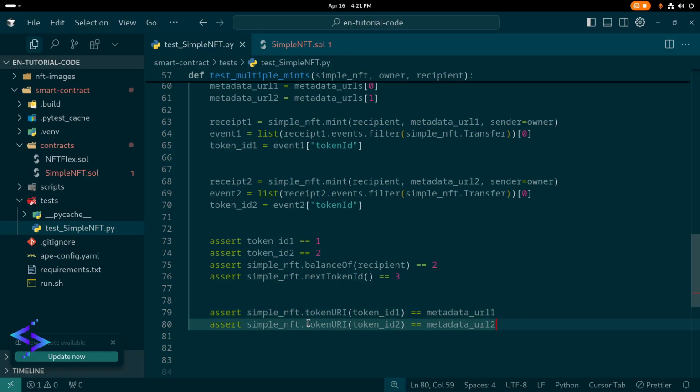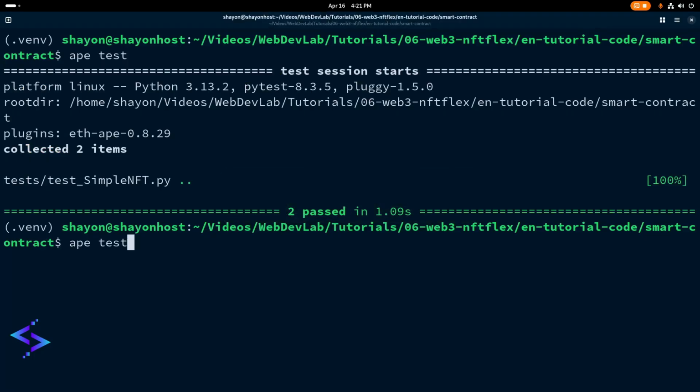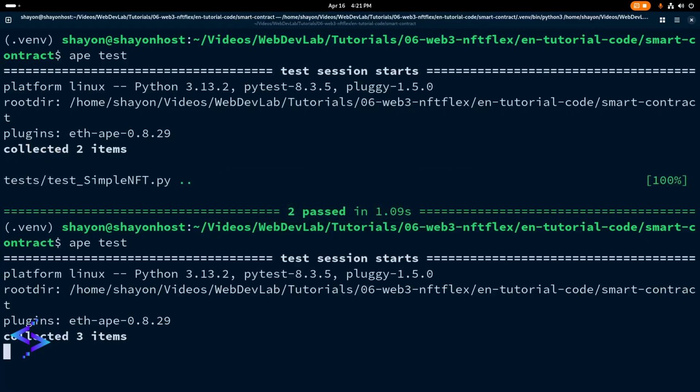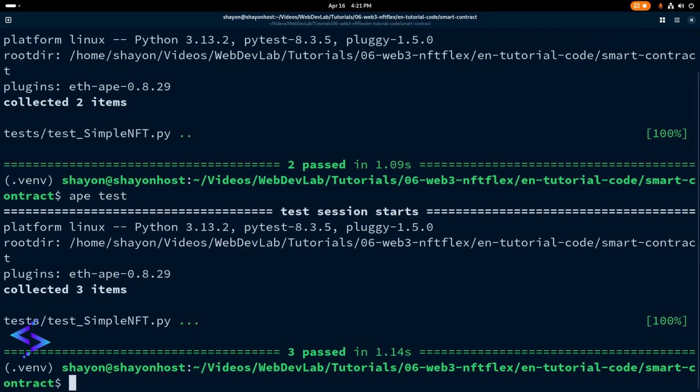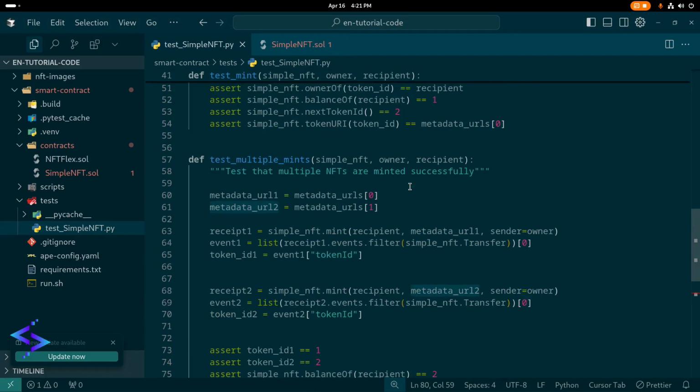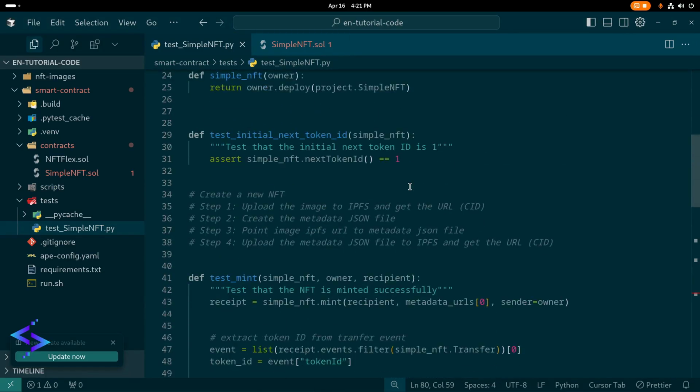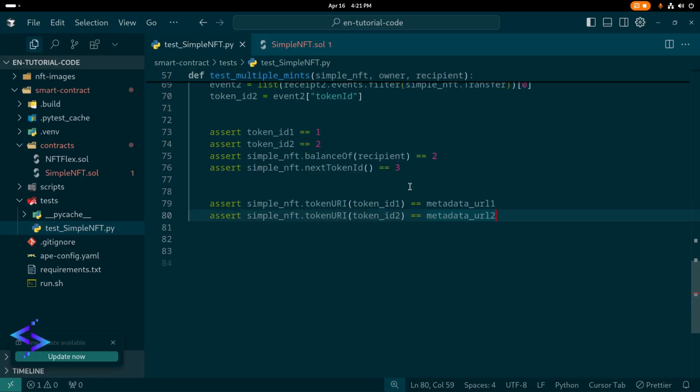Save it. Now we are going to run our test. Let's see what happened. All the tests are passed. You see, 3 passed. There is no failure in this test. Everything is working as expected. Now we can create this NFT flex